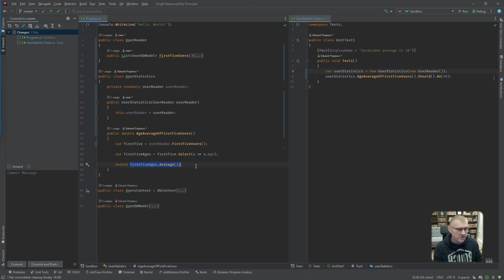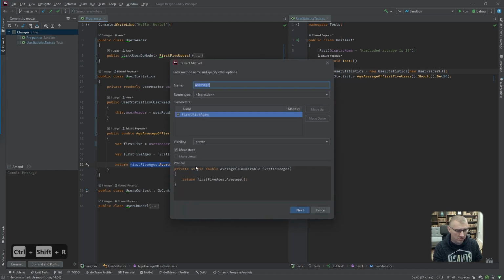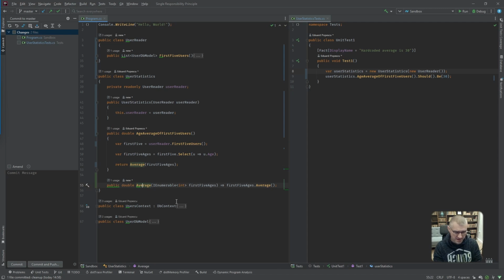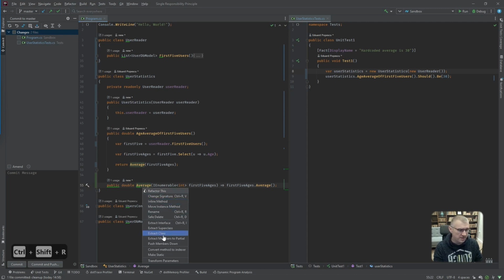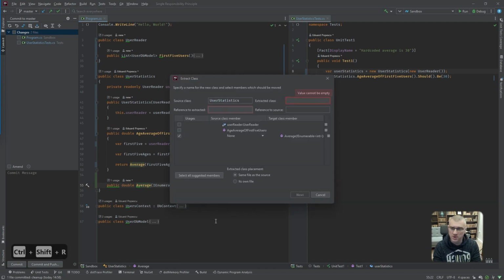All we have to do is select this bit of code and again extract a local method. We'll just call it average. Again, public and non-static. And now we want to extract a class which we'll name math calculator,